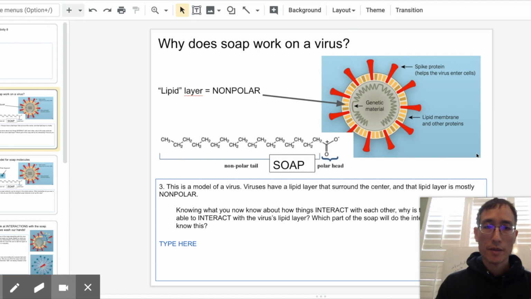Hey everyone, welcome back. So we are looking to finish this up and trying to figure out how soap works on a virus. We looked at soap, the structure of soap,